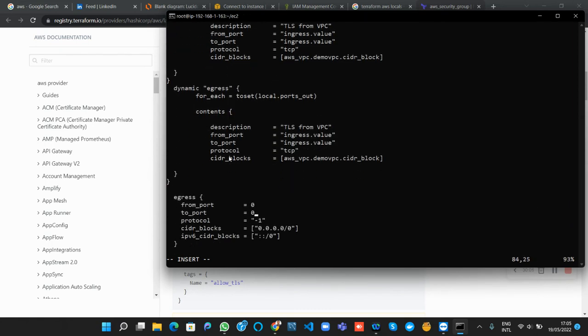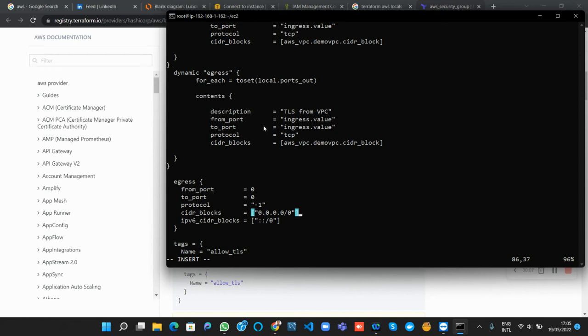Okay, so description, wherever, from ports has to be egress, egress, egress. Protocol is -1. Okay,